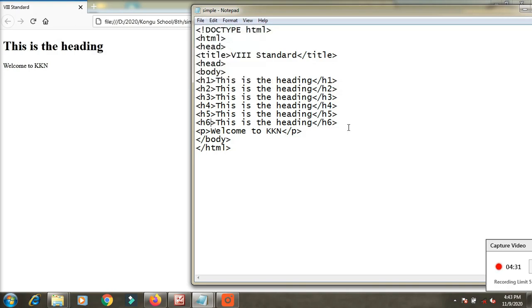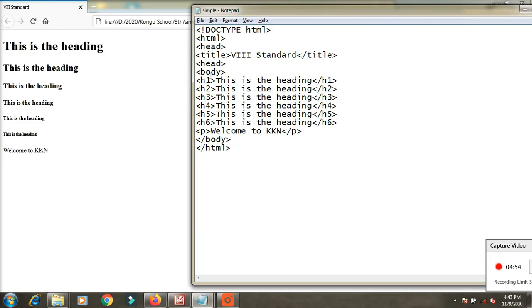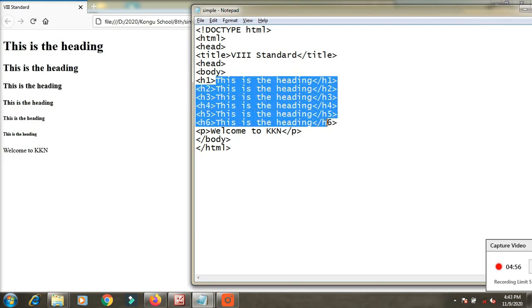See the result of the output. See here, one by one it is coming: 1, 2, 3, 4, 5, 6. There are 6 tags, and the meaning of the values is that one is bigger, the next is smaller, and the next is